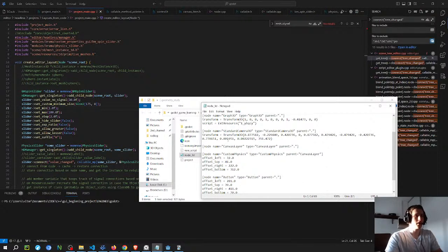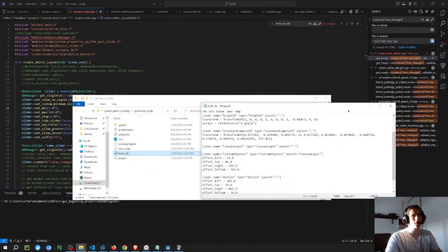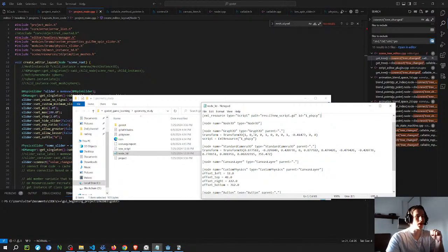But the problem here is that there is no mechanism so far to save the signals, unless you put it inside the constructor, as I said. So one of the approaches that I was trying to make it work is by learning how they save the script. Because, as far as I understand now, based on the tutorials that I've seen,